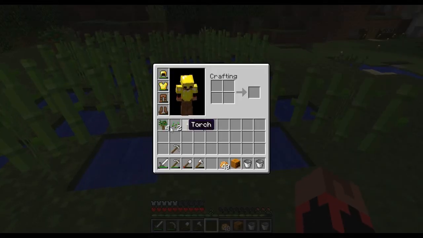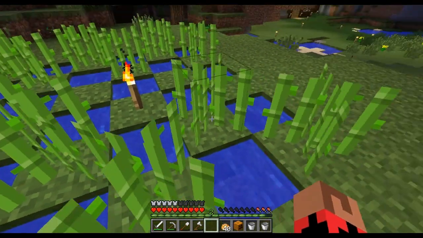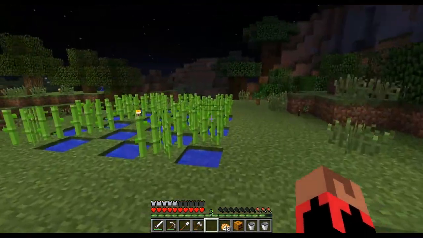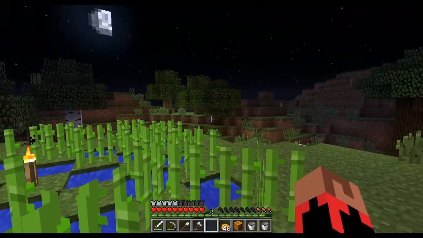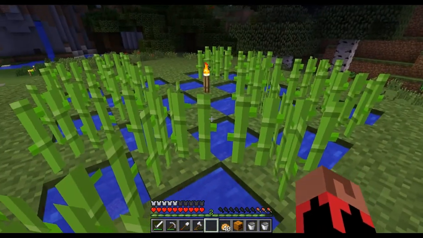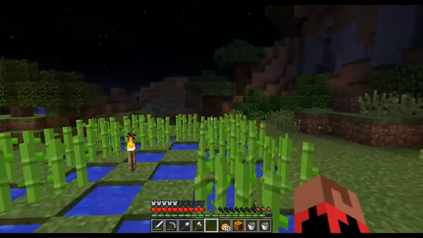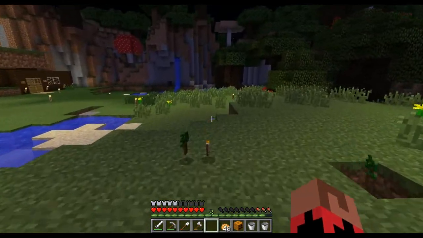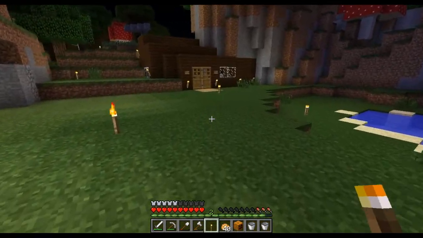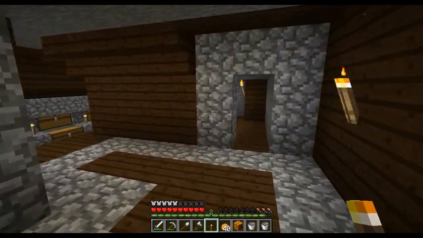And basically I just need to come back at a later time, and hopefully we'll see some growth. And basically once they do grow, I just harvest them by punching them in the middle, so that the middle one and any stacks above will fall, and you go pick it up, and the bottom stack doesn't fall off, so it just stays there and grows again. So sugarcane is one of the easiest materials to farm, because you don't have to worry about replanting it after you take it. So I'm just gonna sleep, and then let's see if